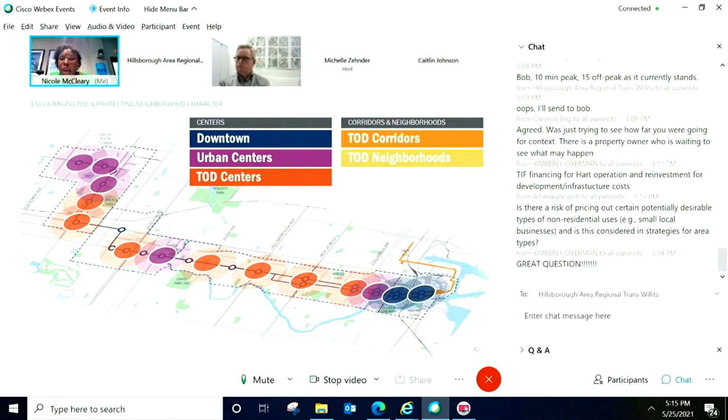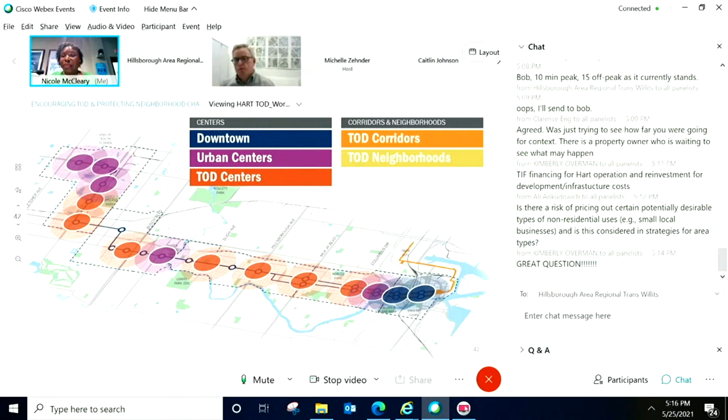Okay, so we have a question from Allie, hopefully I don't butcher your name, Ankudowicz. Is there a risk of pricing out certain potentially desirable types of non-residential uses, such as small local businesses, and is this considered in strategies for area types?